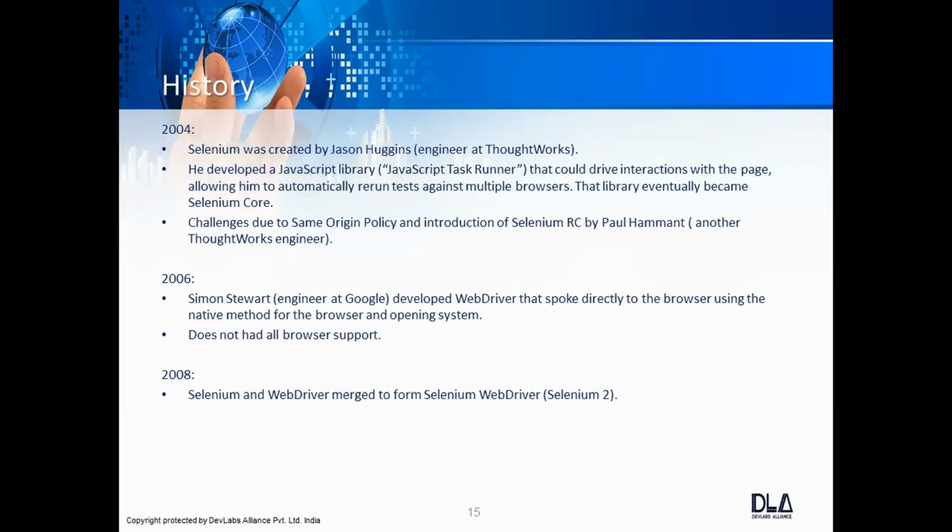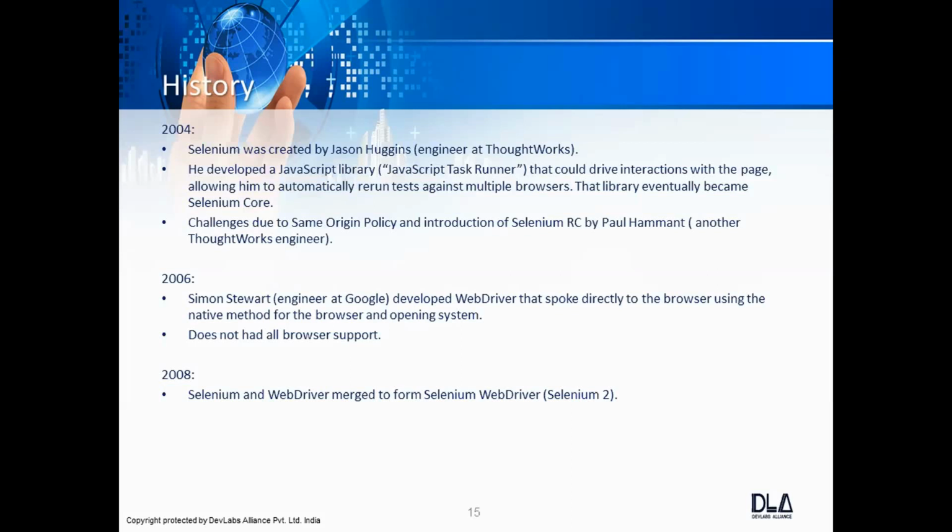So in 2007, Simon Stewart developed this driver, which is what we know as WebDriver. After that, in 2011, Selenium RC and Selenium WebDriver were merged, and after that we have Selenium 3. Now Selenium 4 is also available, which is still in alpha testing mode.